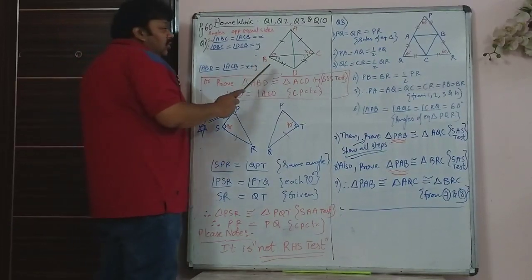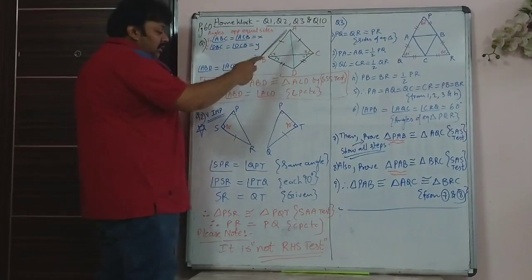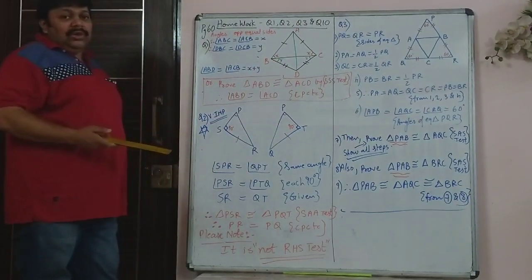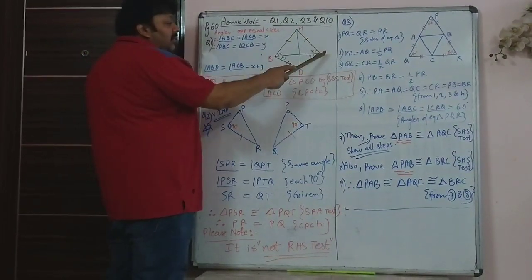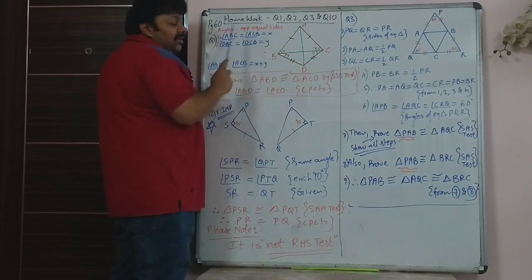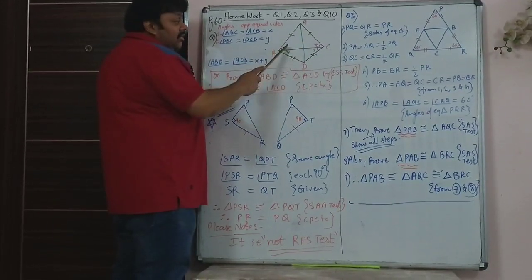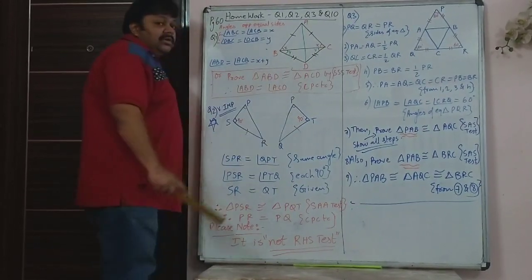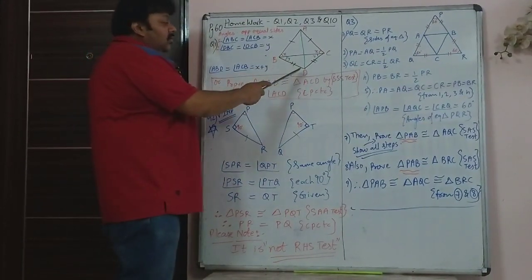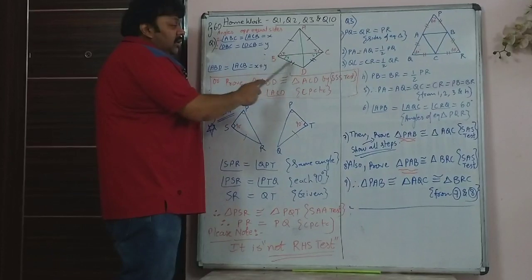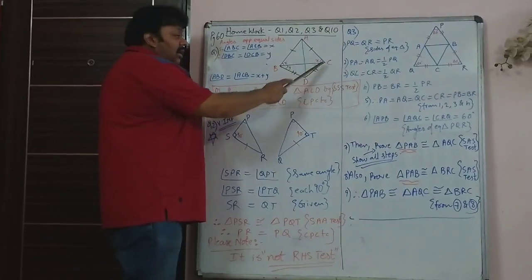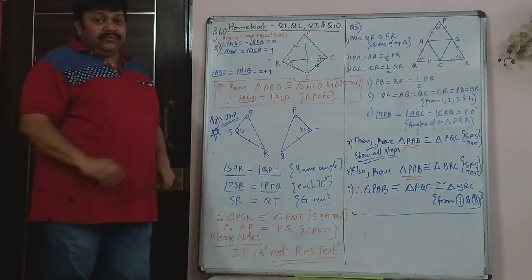You were supposed to prove that angle ABD and ACD are equal. There are two ways to prove it. Because AB is equal to AC, therefore in triangle ABC you can take ABC and ACB are equal. Base angles of isosceles triangles, or angles opposite equal sides. And secondly, you can say that even in triangle BCD, BD is equal to CD. So you have DBC and DCB are equal, both are y.